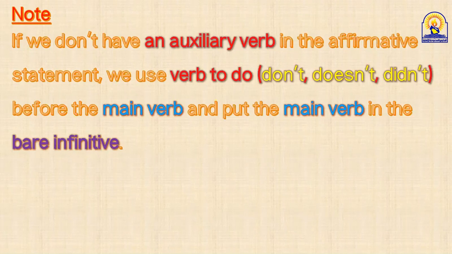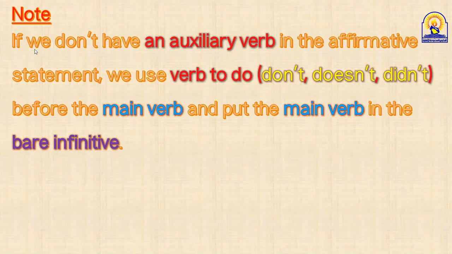Now, note, guys. There is a note. That means you must focus on this note and concentrate. Suppose I don't have any auxiliary verb. Suppose I couldn't find am, is, are, was, were, have, has, had, can, could, shall, should, and I want to make a negative. Can I put not after the main verb? Can I say, for example, he plays not? Not correct. This is the rule. Who can read this, guys? I need someone to read this note. Yes, Abdullah.